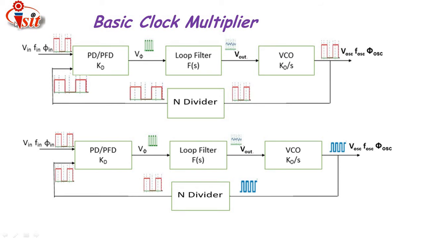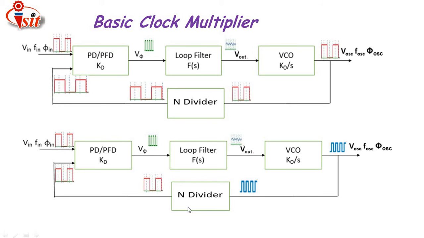Along with that, this is the basic clock multiplier circuit. In it we have shown two types of clock multiplier circuit. The first clock multiplier circuit is multiplied along with the second, and we are getting 1 multiplied by 1. What is the output factor? 1 into 1 is equal to 1. Like this, we are getting the output from the basic clock multiplier circuit.